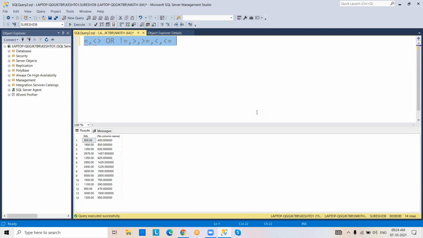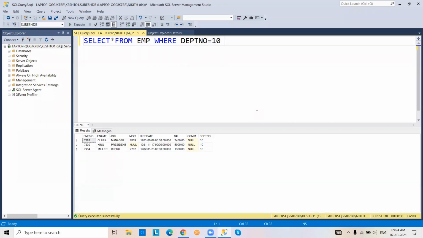Of course, we already worked with the equal. Select star from employee where department number equal to 10. What happened? It retrieved only department number 10 data. Check. Only 10.